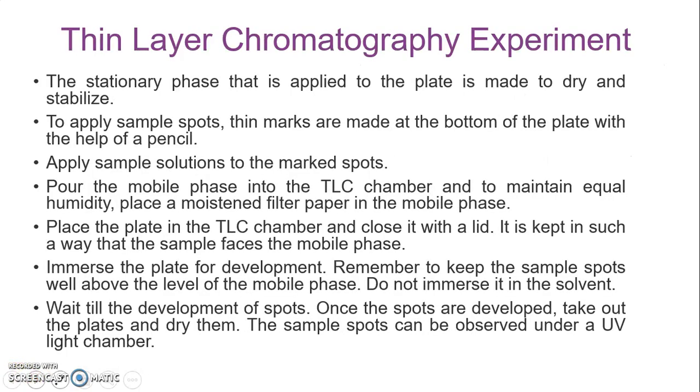So now, how are we doing the thin layer chromatographic experiment? As I said, first of all we will prepare the thin layer chromatographic plate, that is the TLC plate. For that, first of all we will make a slurry of the adsorbing material and spread it on the surface, and this adsorbent placed on the glass plate is oven dried. That is, we are drying it in a hot air oven, and after some time, once we are assured of the dryness of the plate,